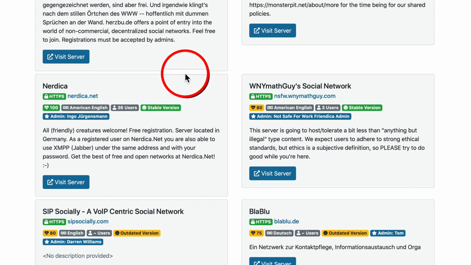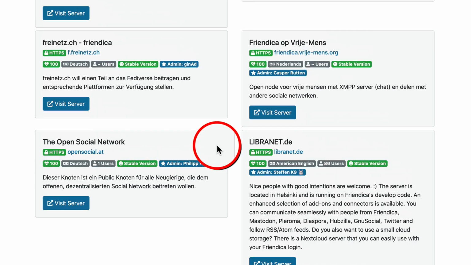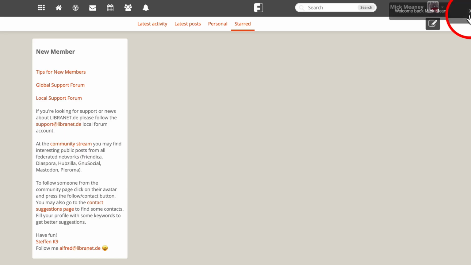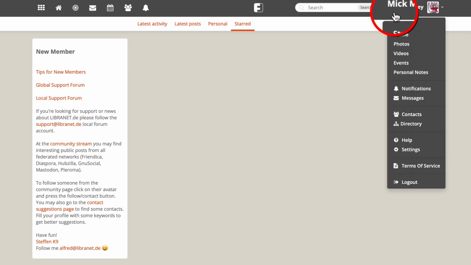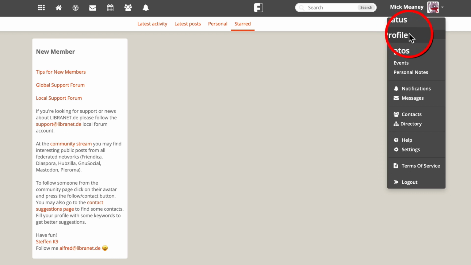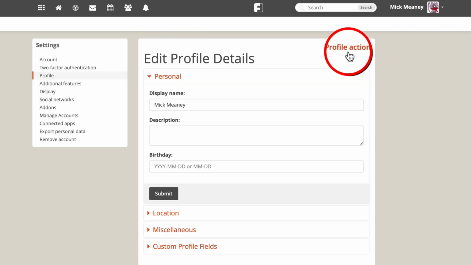If I open this one, because I like my comics and I'm into DC and stuff. This one is right up my street. So I'll show you how to use them. If we go to LibraNet, and I'm going to go ahead and sign in. Okay, so now there's a few different ways to use this. The first way is to sort out your profile. So click on your avatar, click on profile here, and now if we go to edit profile,